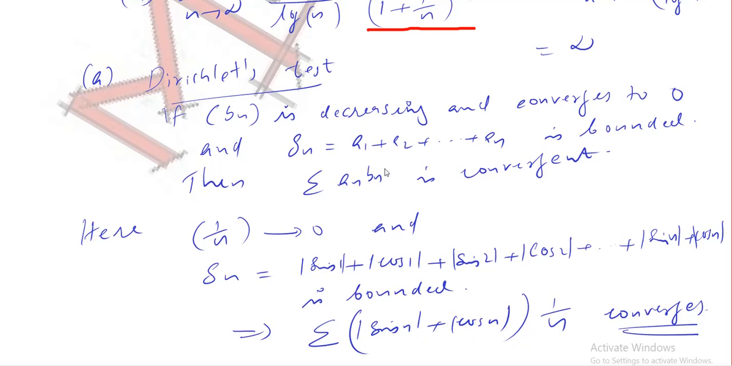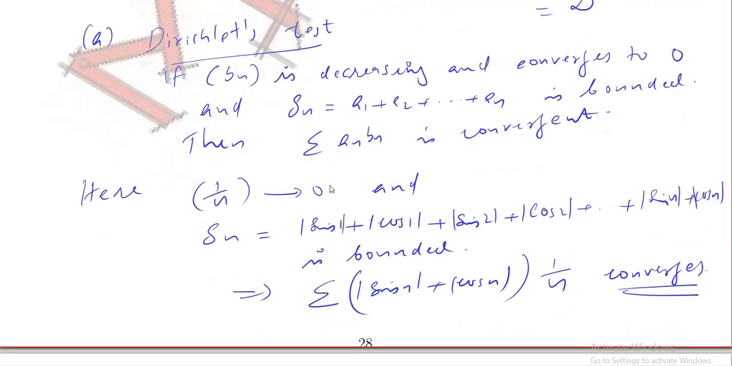Okay, so one of the terms should be decreasing and converge to 0, and for the other one the partial sum should be bounded. Here choose bn as 1 by n, and here we have two times mod sin n plus mod cosine n, and that can be taken as an, and 1 by n can be taken as bn. So 1 by n decreases and converges to 0,